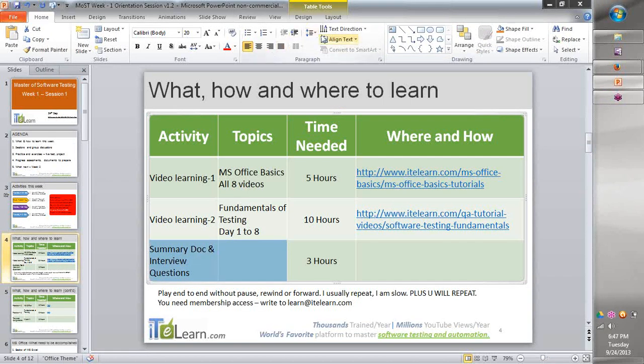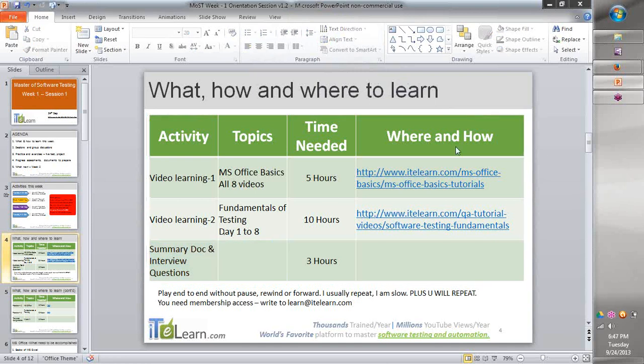And team, sometimes I get a little carried away in terms of the energy that I show, and sometimes I put in a lot of passion into it, so my voice will be harsh, but don't get me wrong, we're all trying to go into the same mode of things. Okay, so now the summary document interview.